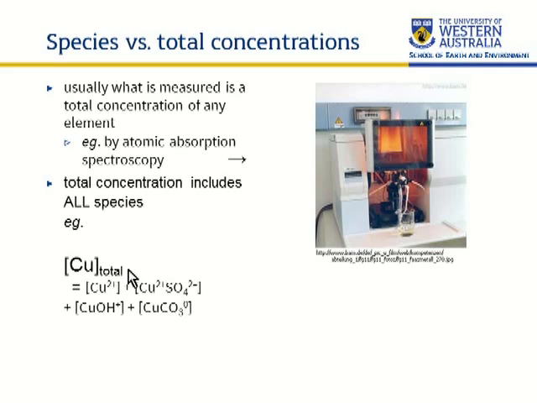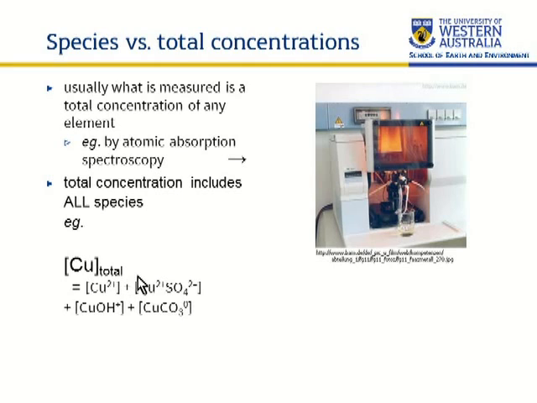However, that total concentration which we've measured in a particular natural water sample will have been made up of a range of different species. So total copper we define as the sum of its species. And if we go back to the previous table, we would have seen that for copper, the main species in